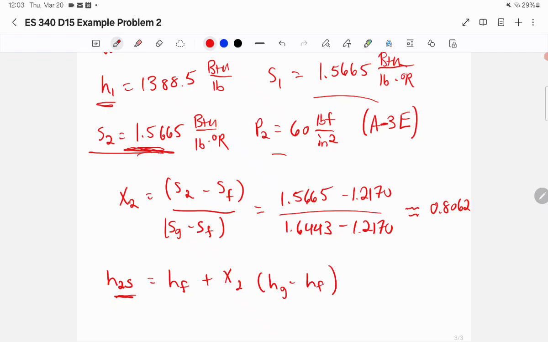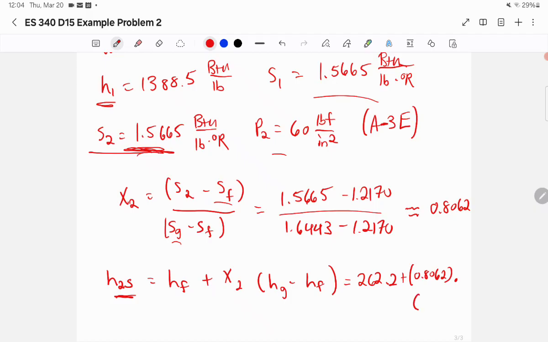And that's the corresponding values for the enthalpies, right? So this ends up being 262.2 plus 0.8062 times,